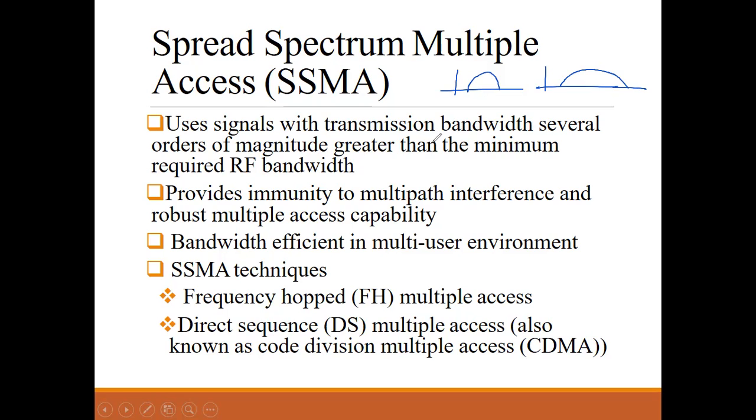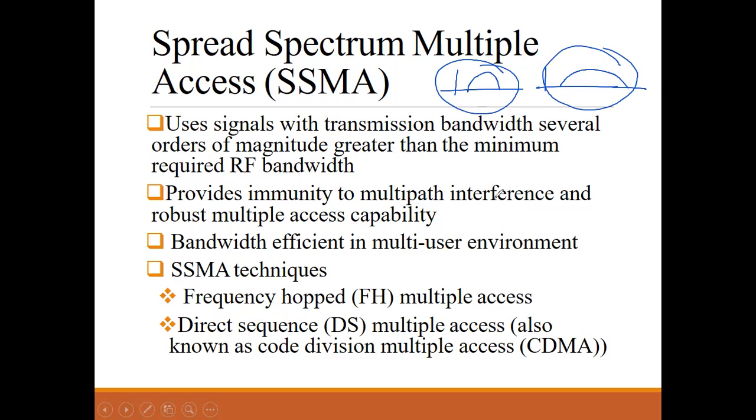Okay, so there will be a pseudo random noise sequence which converts a narrow band signal to a wide band. So whatever the original bandwidth is, we enlarge it by using some pseudo random noise or pseudo random bit sequence.